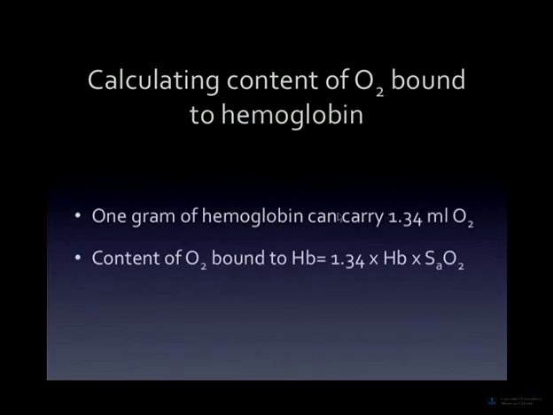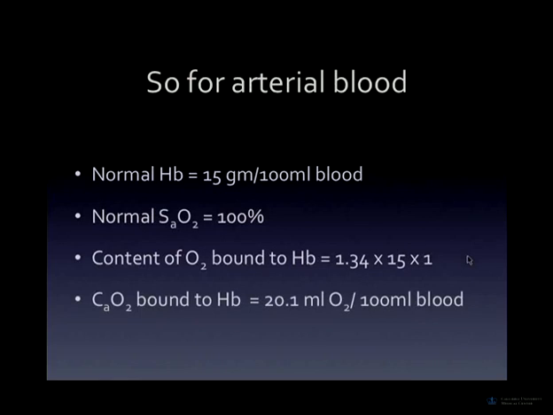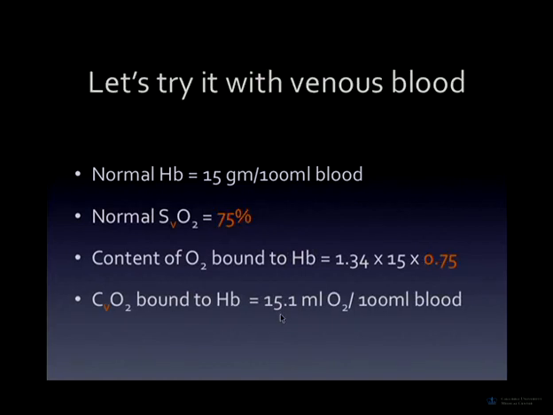We know that 1 gram of hemoglobin carries 1.34 milliliters of oxygen. The content of the oxygen that's bound to hemoglobin is just 1.34 times the amount of hemoglobin that you have times how saturated it is with oxygen. So if we're taking all of these pretty standard values, we find that the arterial oxygen content bound to hemoglobin is about 20.1. We can do this with venous blood too,